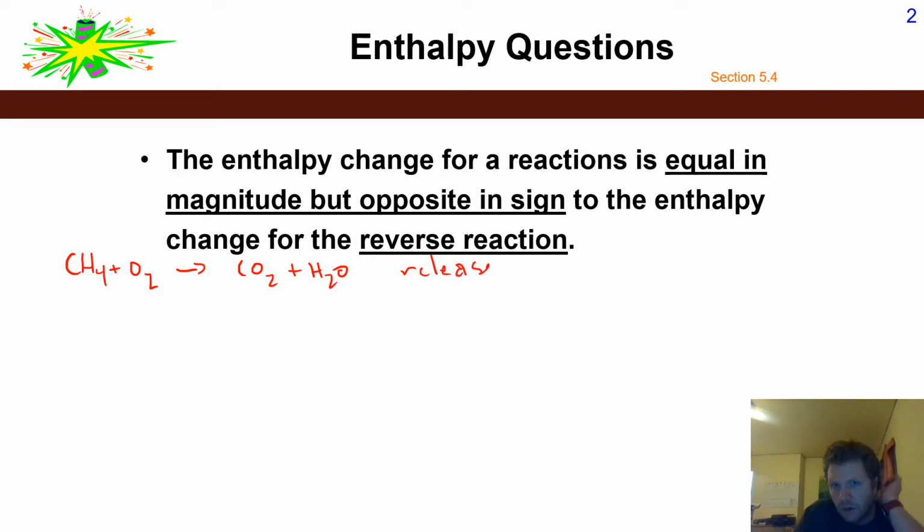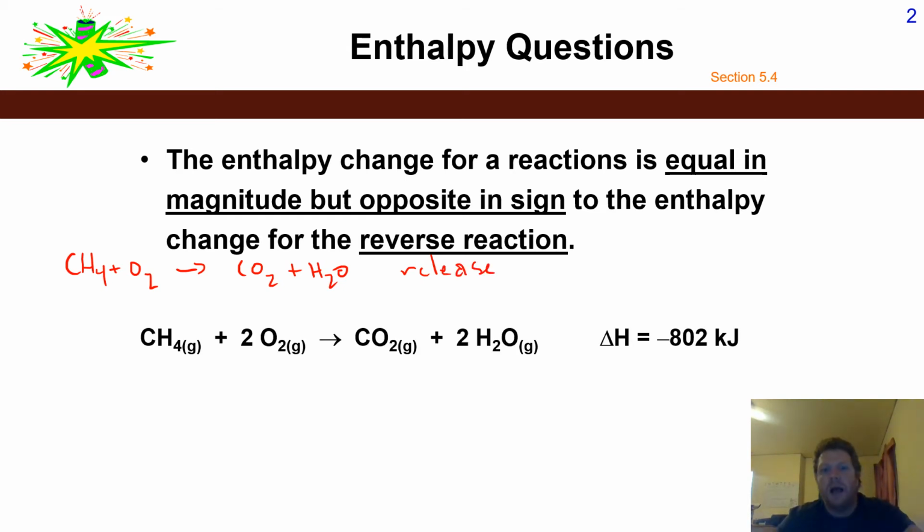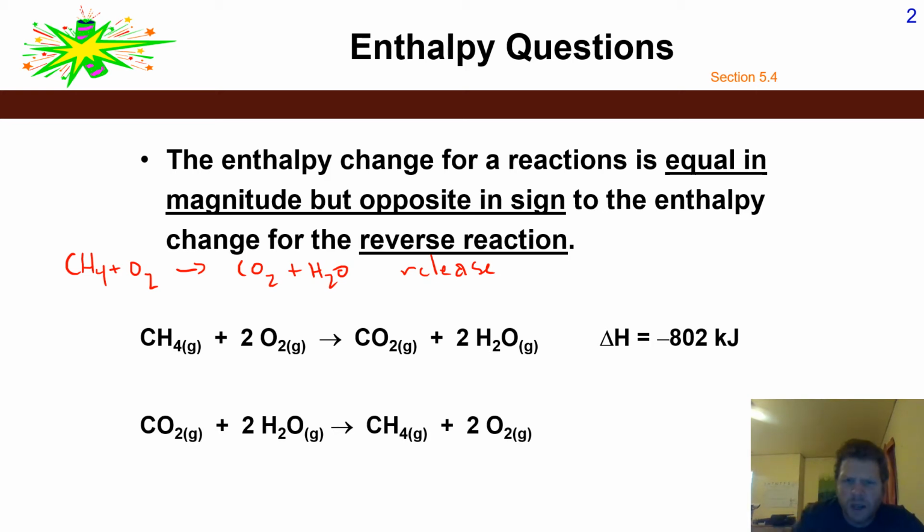If you look at the opposite reaction, where you react CO2 and 2 moles of H2O to produce CH4 and O2, you would have to input that same amount of energy. So the delta H for this is going to be positive 802